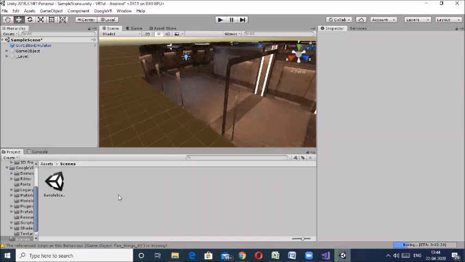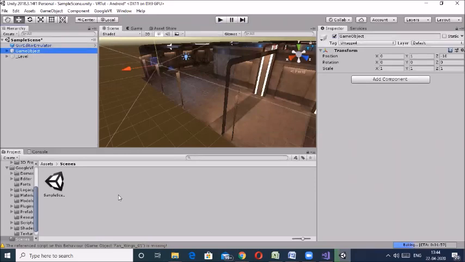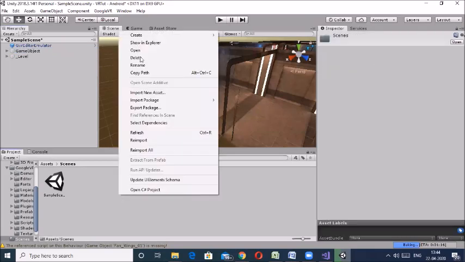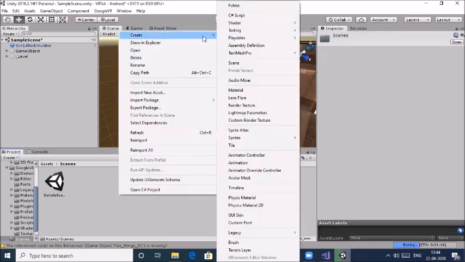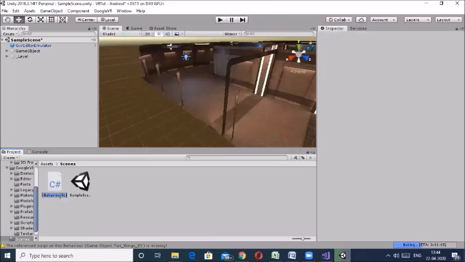For that I have to just write a script. So go to game object or just create a new C# script here. Suppose I name it move player.